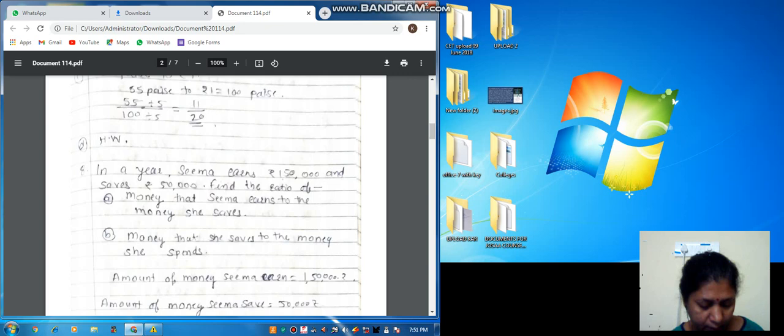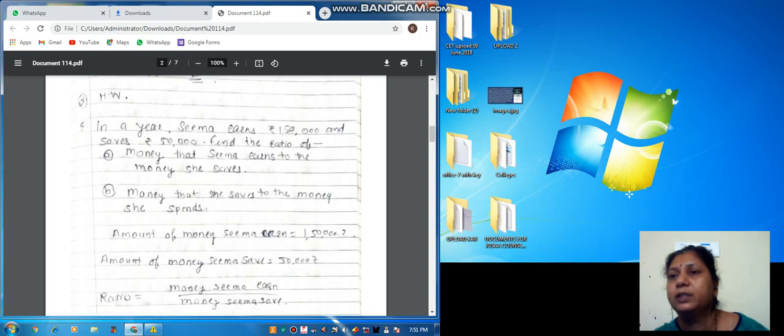The 7th example is 500 ml and 2 liter. So first of all you have to convert it into ml. So 2 liter is equal to how many milliliters? 2000. So take the ratio 500 upon 2000. Okay. It is so easy, just divide the numbers. Okay. So let's see the 8th example.